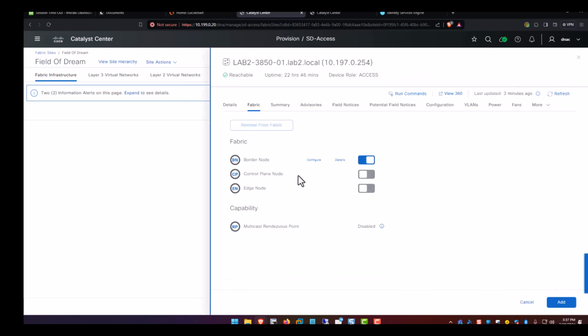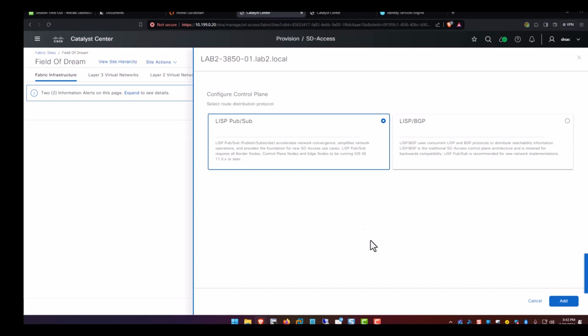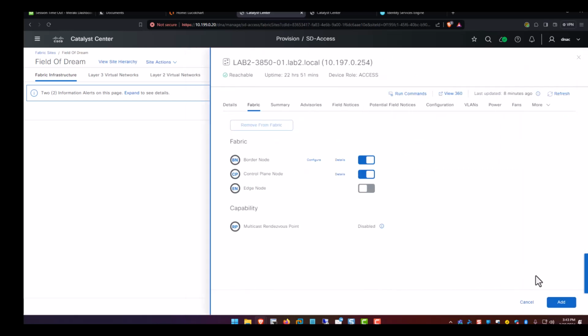Add this. Now on the control plane side, right, this node is going to be both a border and control. One thing we've got to watch out for, obviously, LISP pub/sub. Here we can't run that. Again, I mentioned earlier, limited feature set in the 3850s, has to be running 17.6 or later. Obviously, this switch doesn't do it, so we're going to go LISP BGP, add,